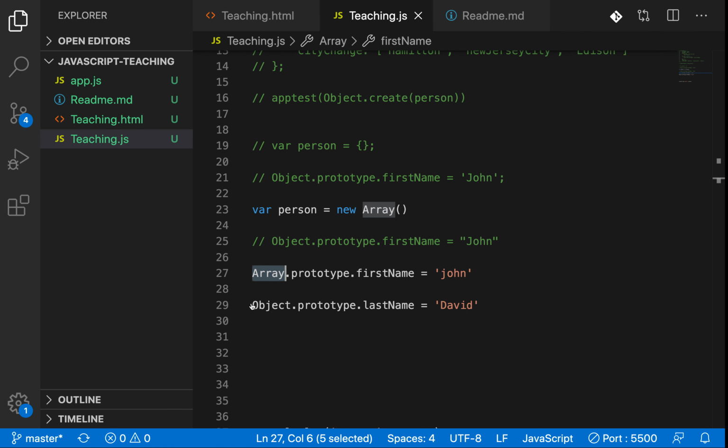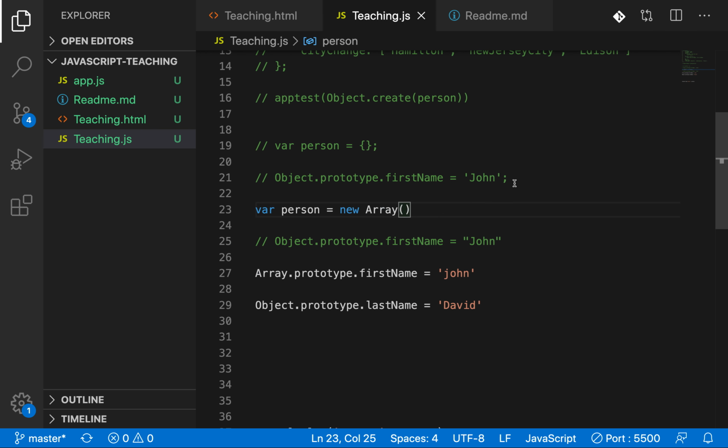I just want to tell you one thing I forgot to say. In JavaScript, everything is an object, array, function, whatever it is, except booleans, undefined, strings, or symbols. Except these things, everything is an object. That's why array is a type of object.